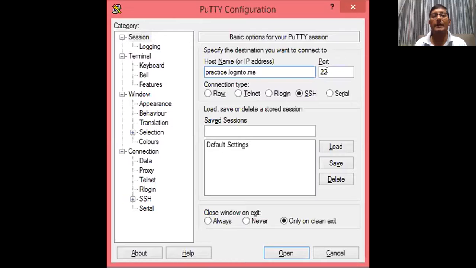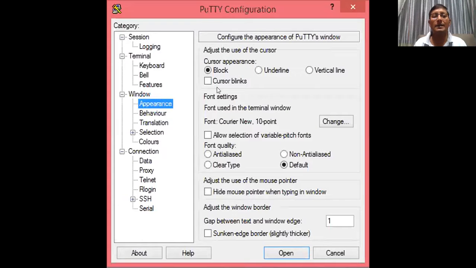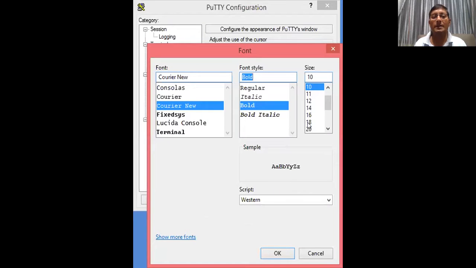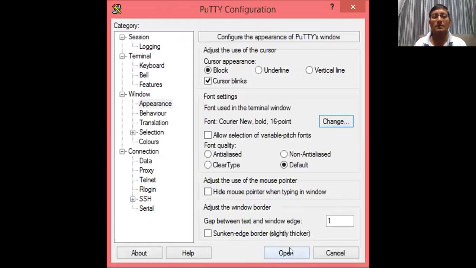The port number by default is 22, but I am using here 2200. Then appearance, Windows appearance I am changing. The font size also we are changing to view clearly the text. Otherwise, it looks like a small font. So open.